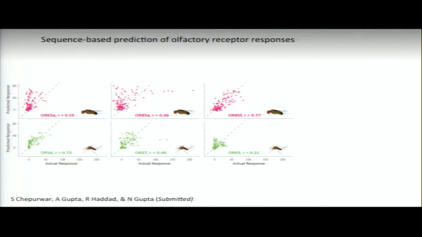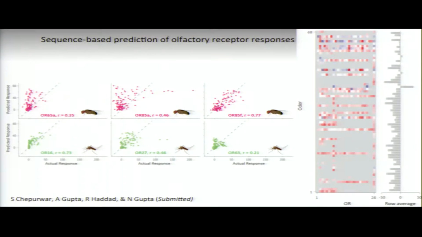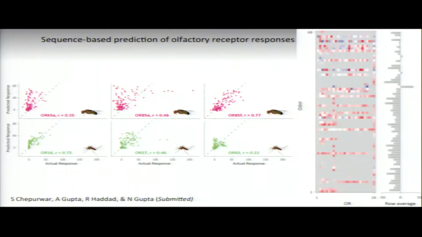So this provides a computational prediction for getting the responses of new receptors, and we show that our predictions work better than a chance prediction. We tested this method on an independent data set of 26 receptors for about 68 odors, and all the points that are red are those cases where the prediction was better than a chance prediction, whereas the blue points are where the prediction was worse. So mostly red dots indicate that the prediction worked.